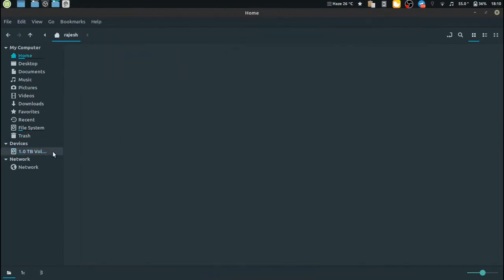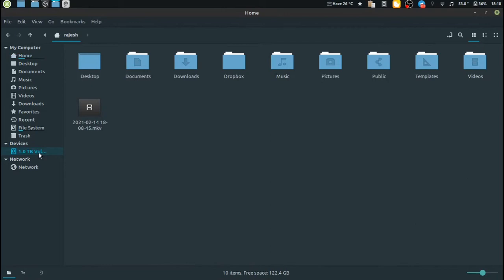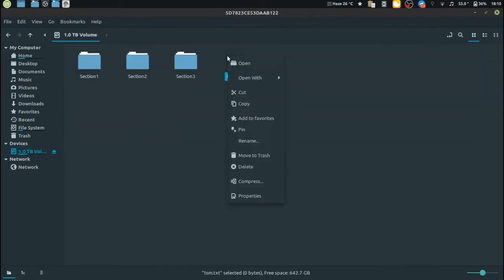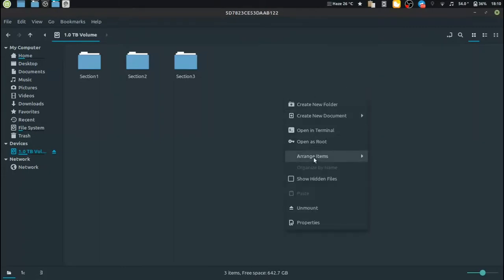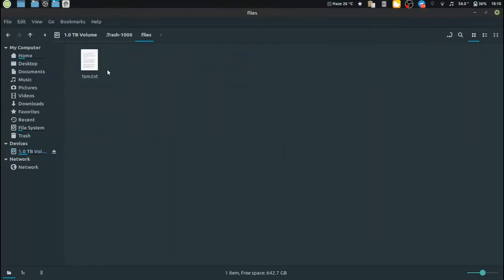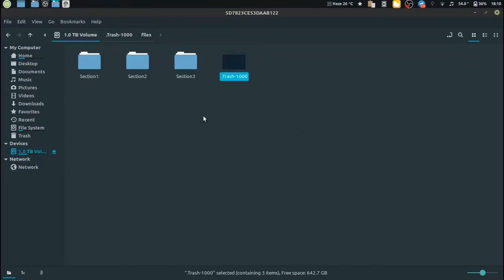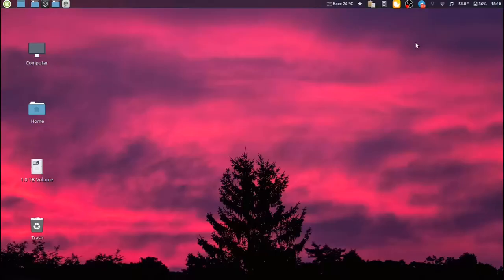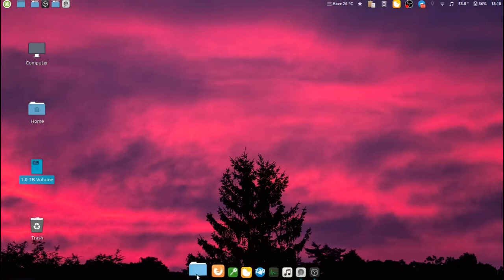Okay, so let's set it on, mount and mount again. Now if we want to delete this, then it will be deleted, and this will be moved to the trash directory here. So one problem is solved. Now we want to remount this partition whenever we boot up the system.